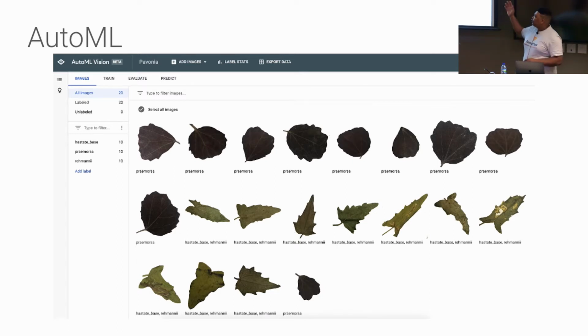So what you do, you go in AutoML, you throw some images at this thing, and there's a button at the top over there that says train. You click the train button, and then you say start training. And what it will do is go to the cloud, and it will create this machine learning model for you. You don't have to write any code. You don't have to do anything. And at the end,